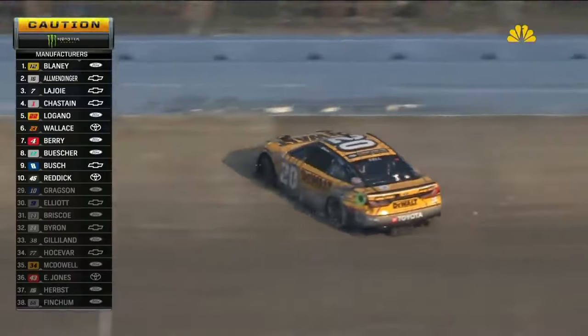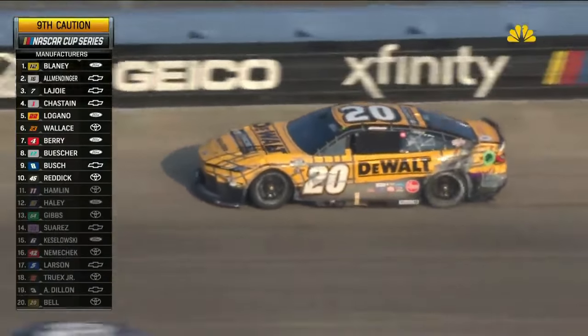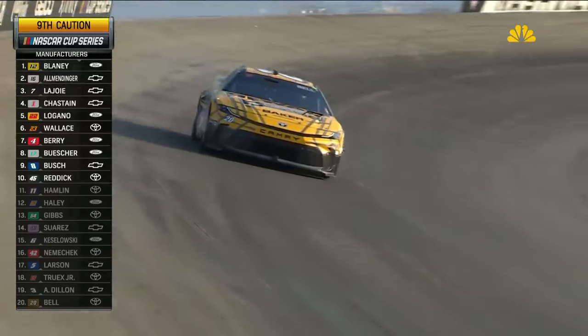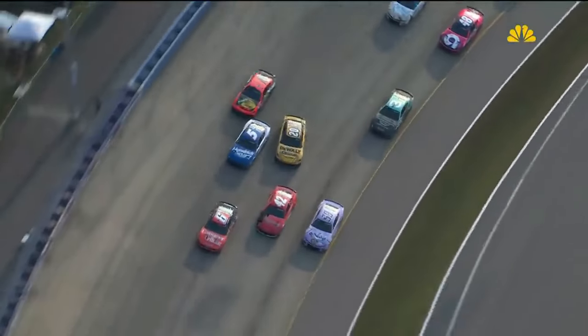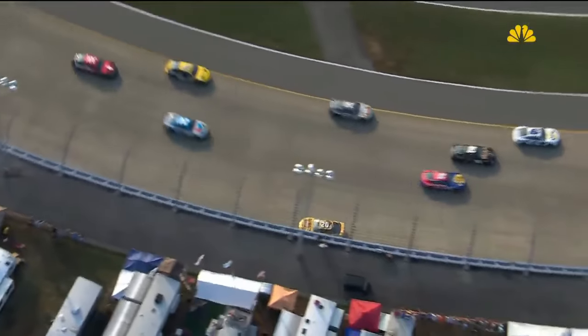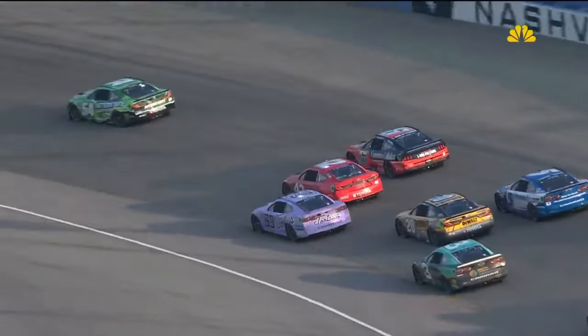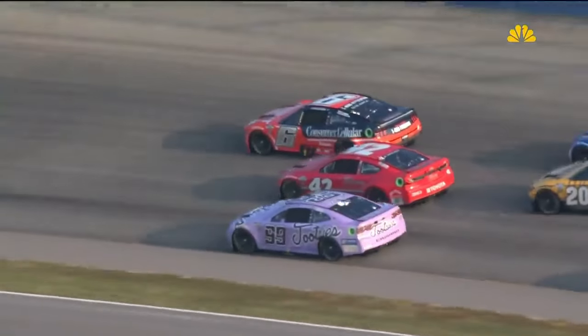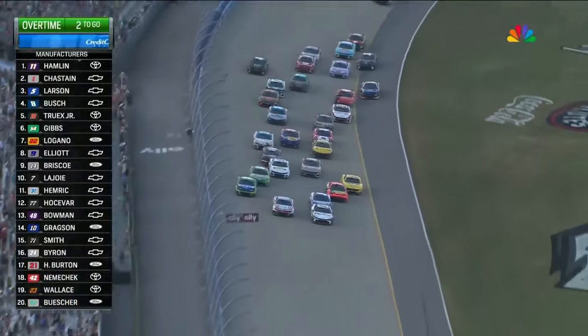Oh, Christopher Bell. Big damage on the 20. Huge hit for Christopher Bell. Caution has come back out again. Broken toe link. Oh, he just gets loose. He's all by himself. We talked about dancing on that razor's edge and what happens when these cars get loose, and there it is. That thing came around on Christopher before he even...